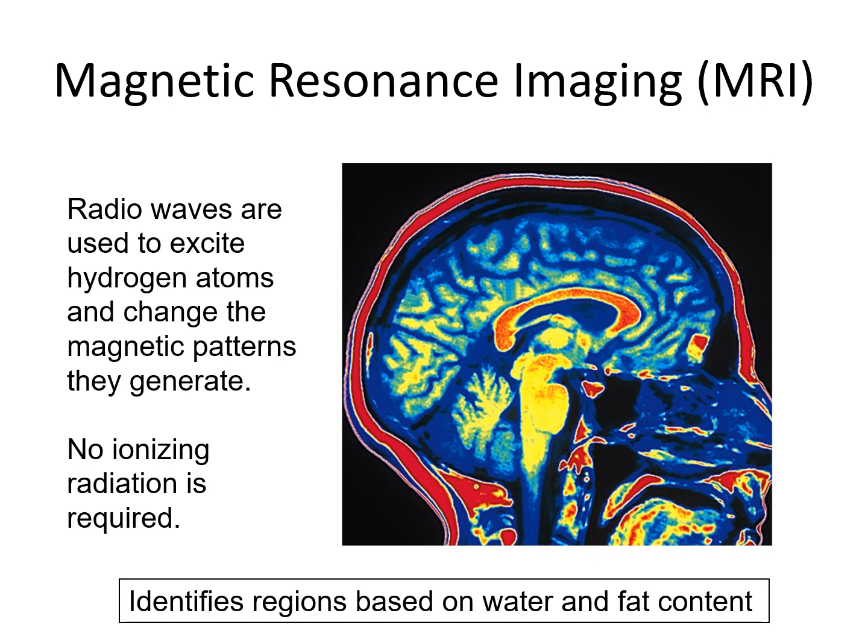And in this image here, the red areas are areas that don't have a lot of water, and the blue areas are areas that have a lot of water. So you can see the skull is red because there's lots of minerals there. There's not as much room for water. The corpus callosum, which is a rather dense connecting structure between the 2 hemispheres of the brain, is red in the middle. But basically what this allows you to do is, again, to see three-dimensional structures within the body without